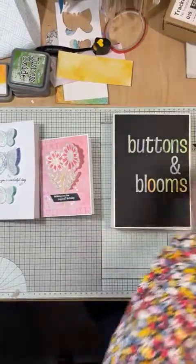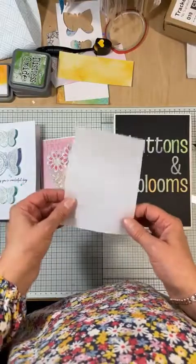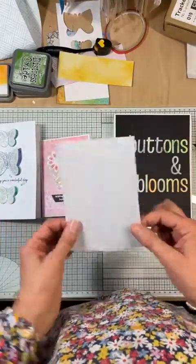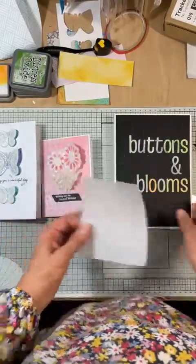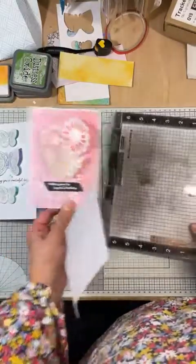Okay, so I have a piece of vellum. Now my vellum is actually quite thin. If you've got heavier weight vellum, then I think that would be even better. But it does work with thin vellum as well. So first of all, I'm going to stamp my